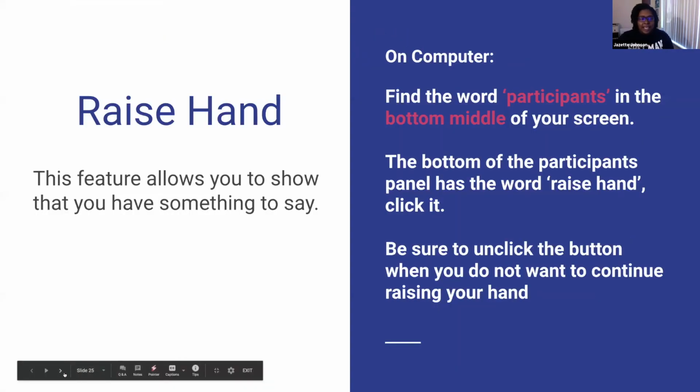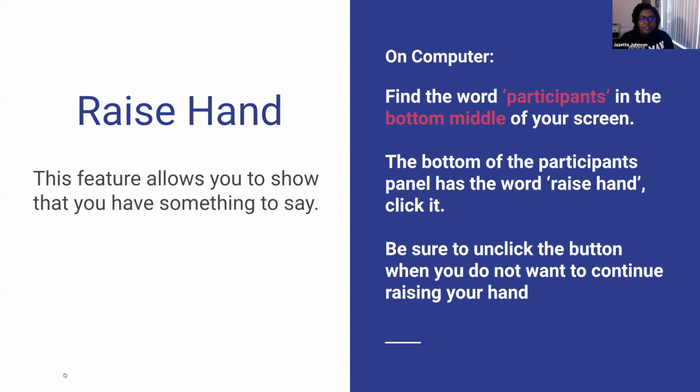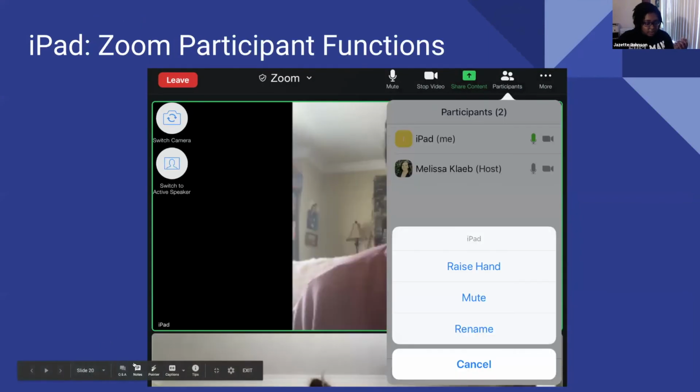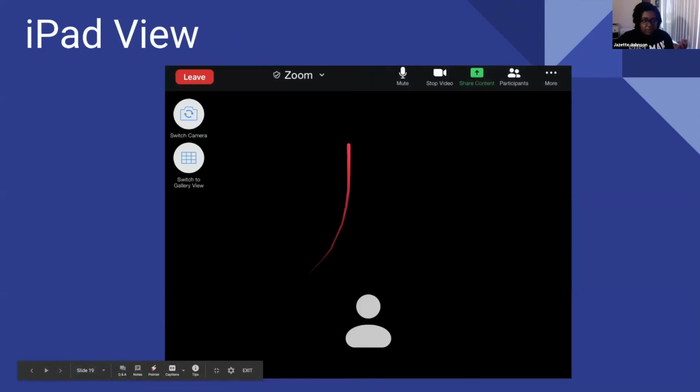So raise hand, I kind of talked about that a little bit. This feature basically allows you to show that you're ready to say something, right? If you're on an iPad, this is the general, let me bring my pointer out. Okay. This is the general form of the call, right? So you have your interaction bar at the top. Something I really haven't talked about is leave. So this button is usually at the bottom right for me, but it's in the top left for you. So with this button, it allows you to leave, but if you're the host of a meeting, it may say leave all, or